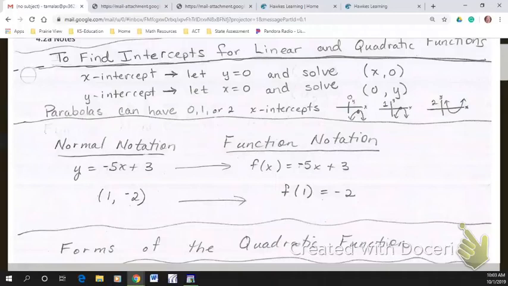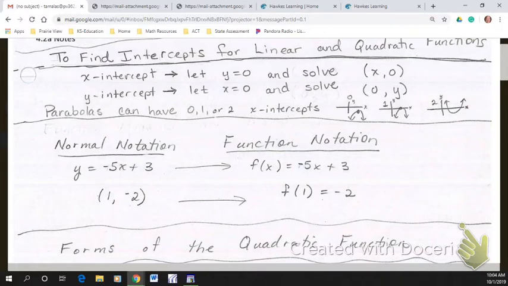This sheet in particular is going to be very beneficial to you. There'll be a lot of stuff here you can look back at to figure out how to do. But the first thing they talk about is how to find intercepts. And intercepts for parabolas are no different than intercepts for lines in the sense that if you want to know